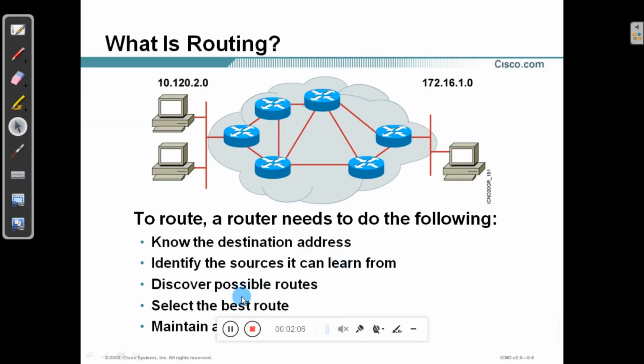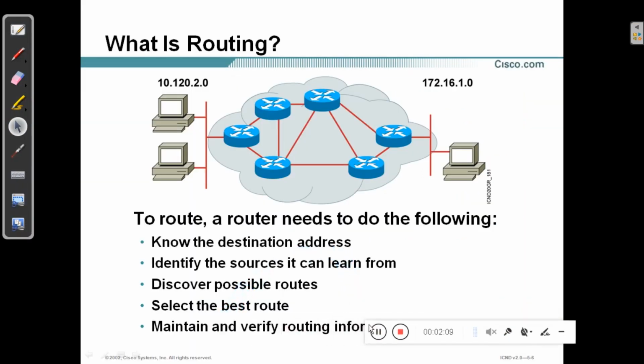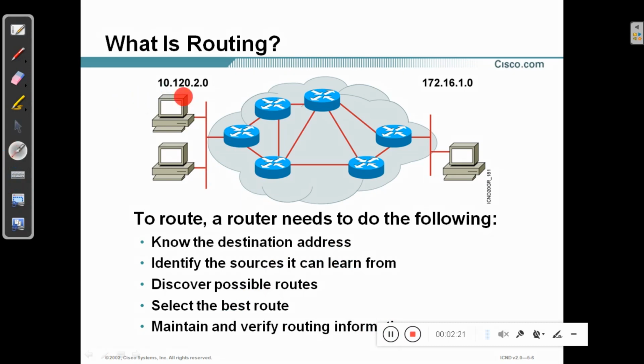So students will see now what exactly static routing is. Here I am using the slides from the Cisco website. But before that, what is routing? Routing is sending a packet from one network to the other network. In the diagram you can see there are two networks.